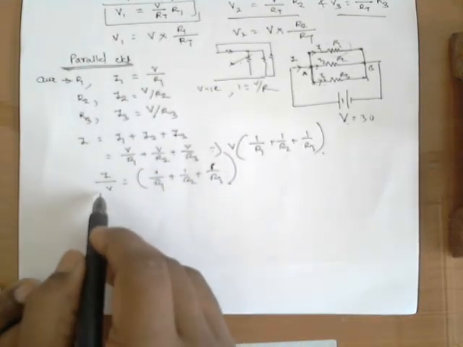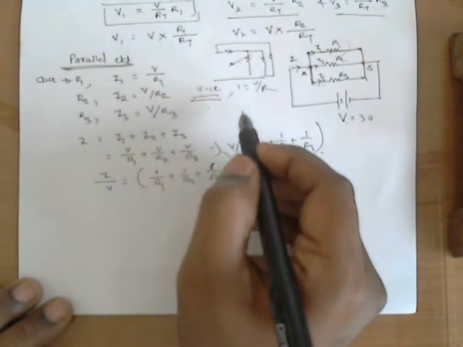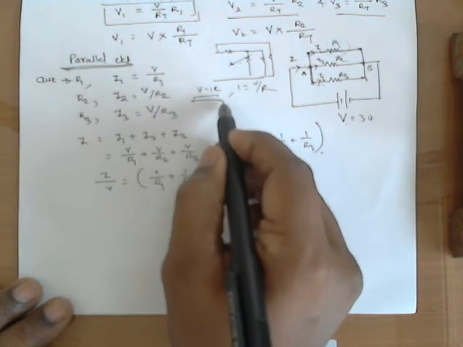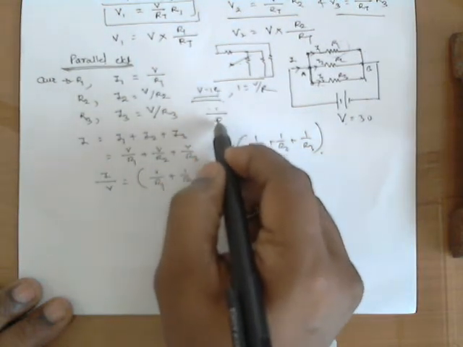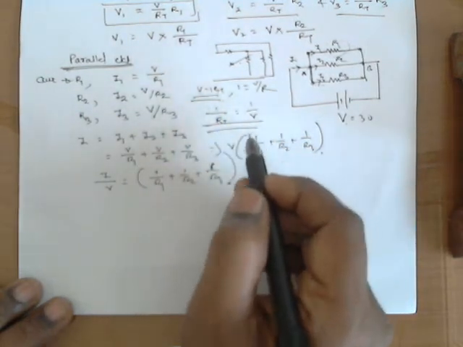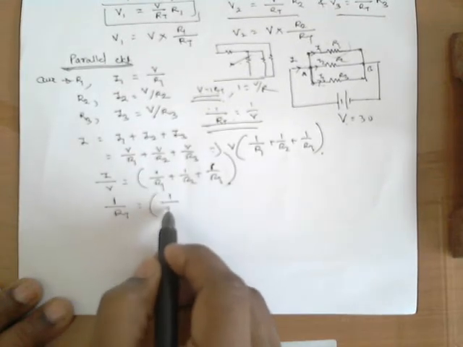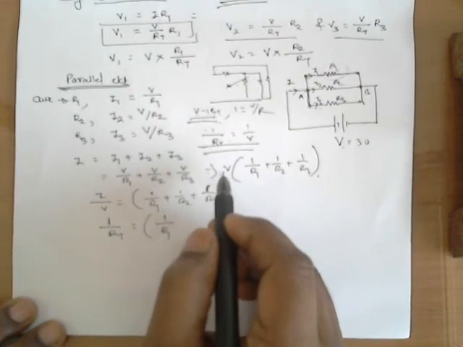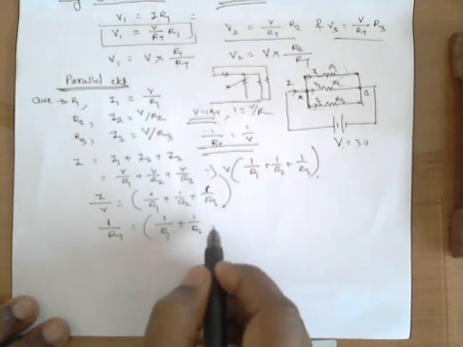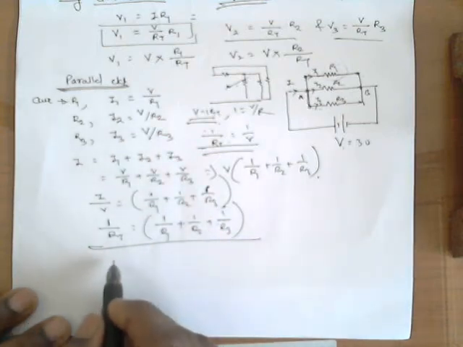But what is I by V? What is Ohm's law? See here, V equal to IR. So what is I by V? V should be taken on the right hand side, R should be taken on the left hand side. So 1 by RT, where T means total resistance, equals I by V. So I have to replace that I by V by 1 by RT. Why am I doing all this? I am trying to tell you how resistance should be added in series and parallel. 1 by R1 plus 1 by R2 plus 1 by R3 is 1 by total resistance.